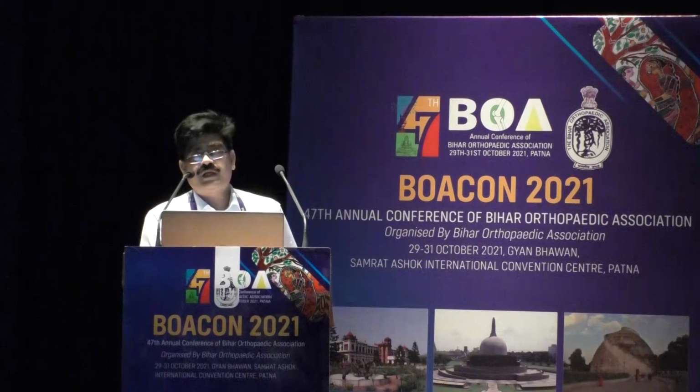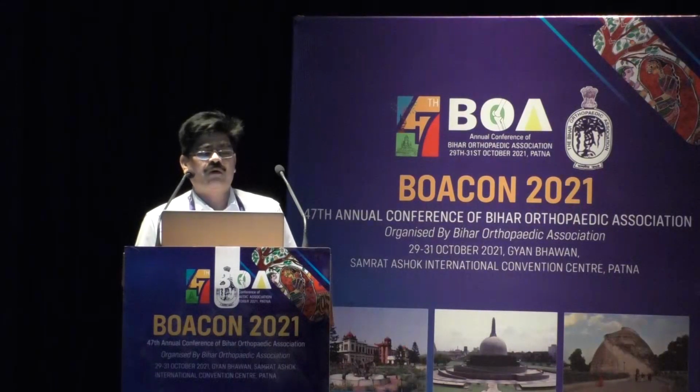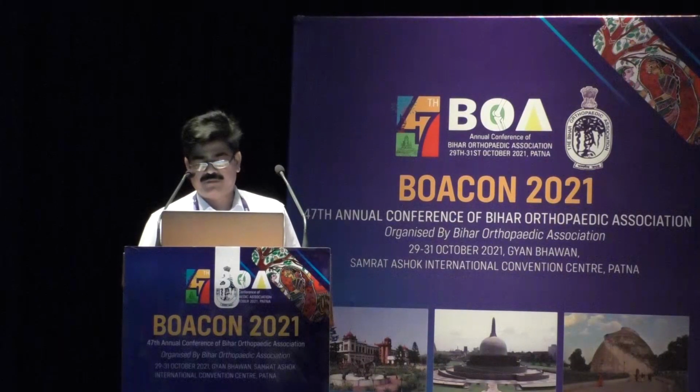TLIF, transforaminal interbody fusion, is the most popular nowadays, and its difference from PLIF is the unilateral exposure. Only one side of the facet and the lamina is exposed to expose the dura and the area of concern. You take out the disc, put some cage and graft, and finally put pedicular screws and rod. The TLIF approach was proposed to avoid potential nerve root injury, dural tear, and epidural fibrosis, which is quite common in PLIF.